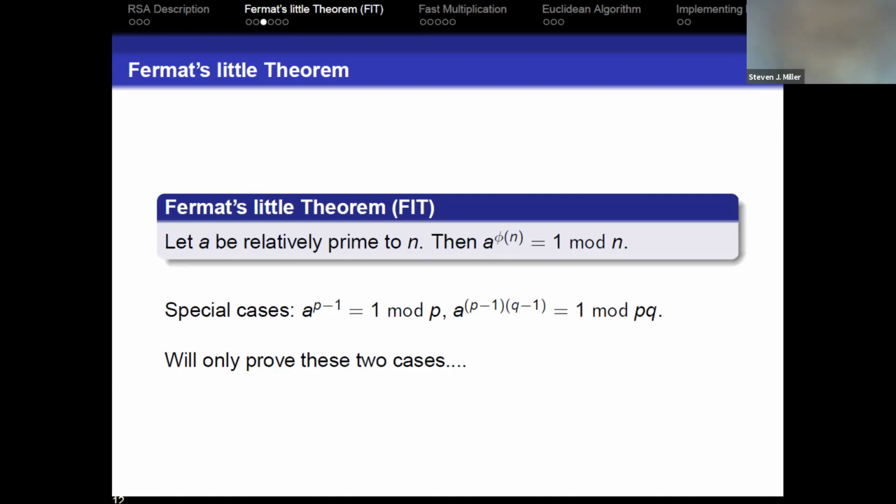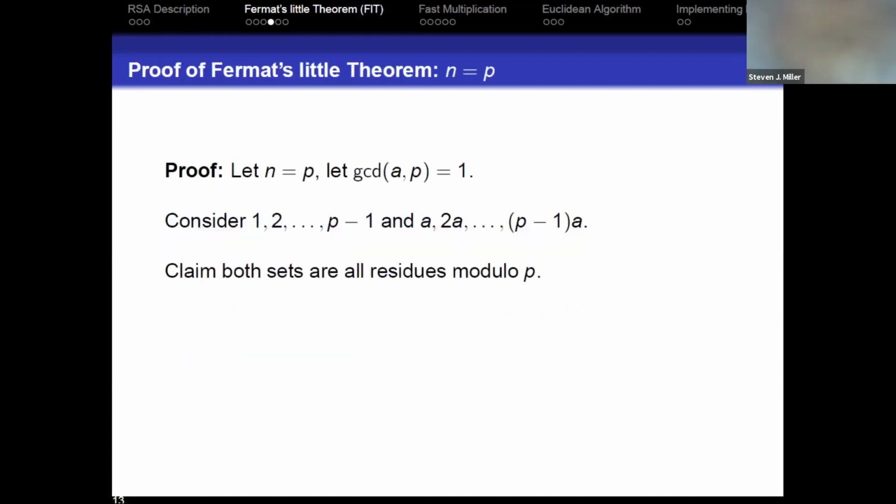So if you're giving this to students, you don't give them Fermat's little theorem. You can have them do some explorations and see if they can figure out the pattern. Is there anything interesting? You know, what power, if your n is a prime, do you start to see interesting things happen? And you might eventually notice, I keep getting 1 at p minus 1. And it can highlight an idea of what you might want to try to prove. So we're going to prove these two cases.